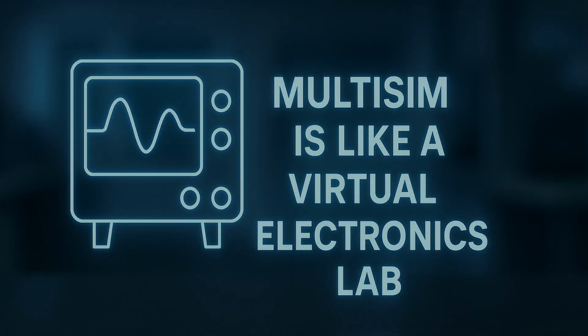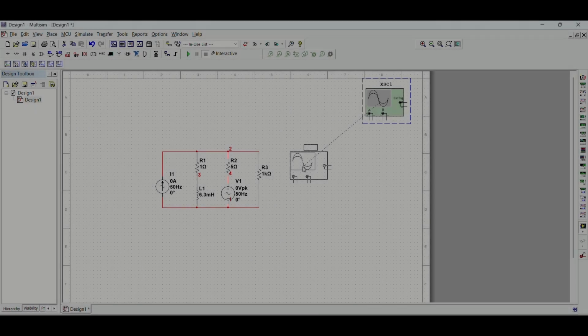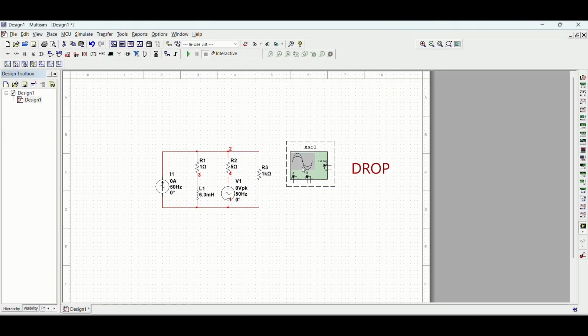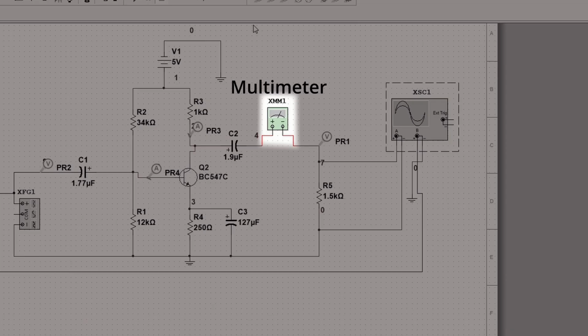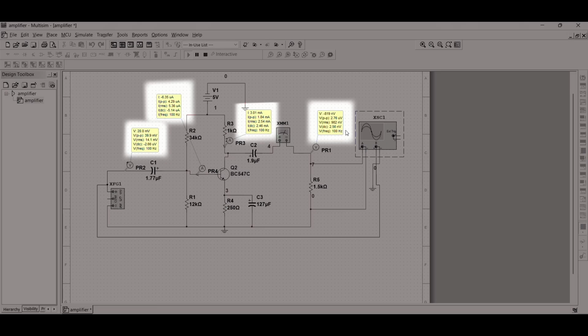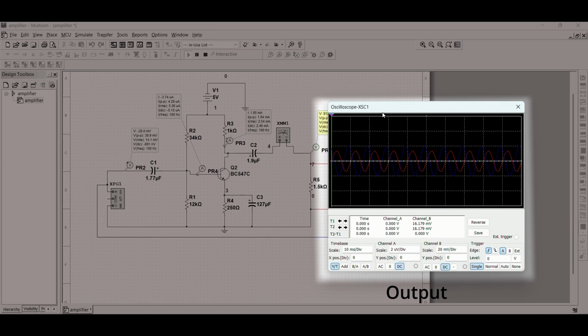Basically, Multisim is like your virtual electronics lab. You can build circuits using drag and drop components, simulate them, and even use virtual instruments like oscilloscope, multimeter, function generator to see how your circuit performs.